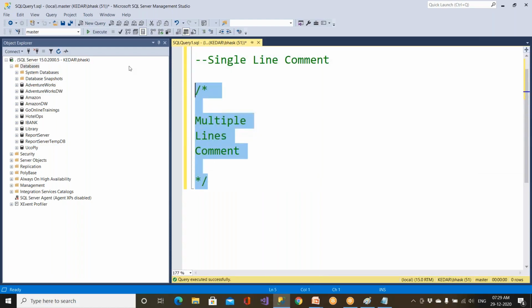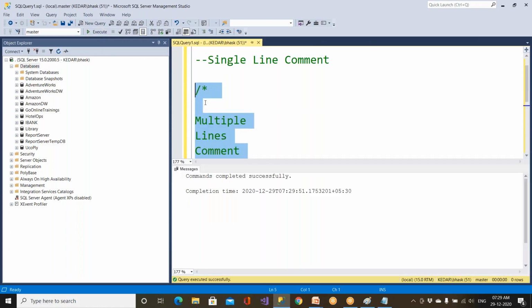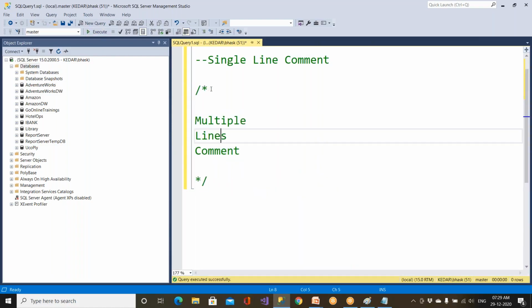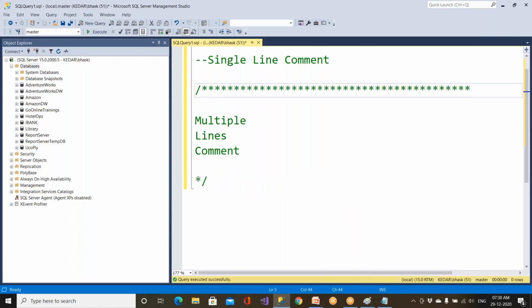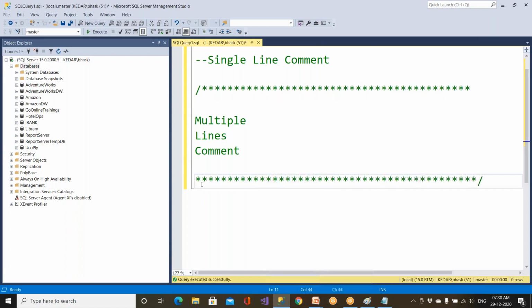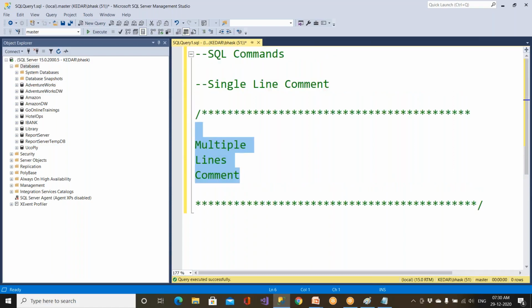Even though you try to select and click on the execute button, nothing will happen. Clear? So this is what is called multiple line comments. Somebody will add some designs, they will write some comments here. So this code will not get executed at all. A double hyphen is a single line comment, and this is what is called multiple line comments.